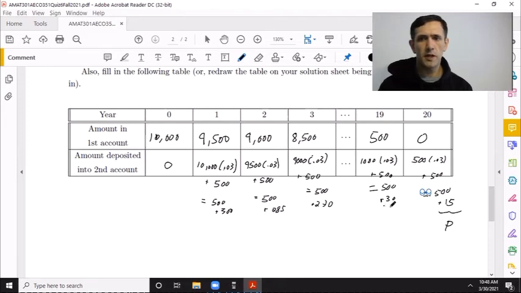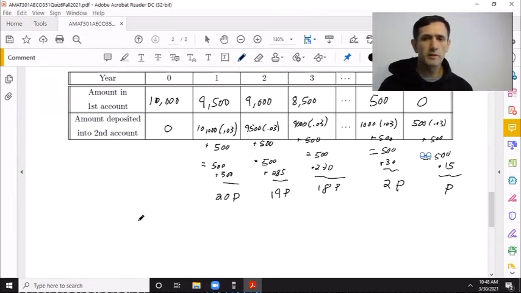Okay, so this is P, 2P, et cetera, et cetera. This is 18 times P, 19P, and last but not least, 20P. Right, so we have a situation like this. So first of all, the 500s,